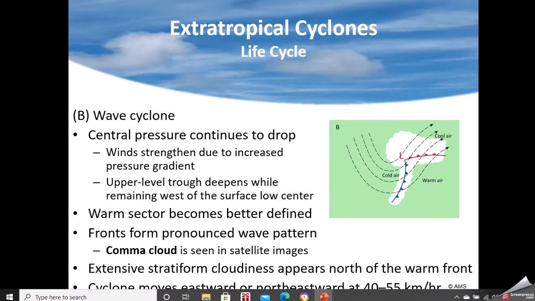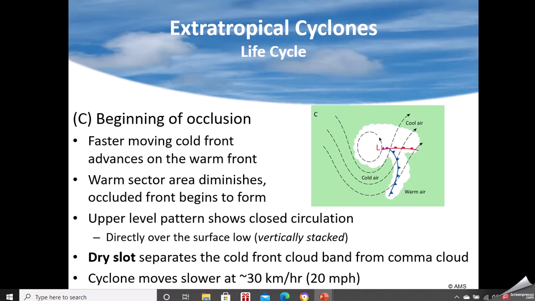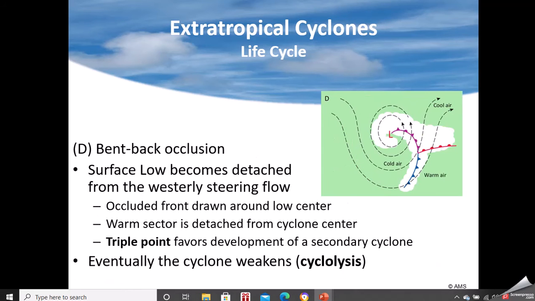As it develops, pressure begins to drop. Winds begin to blow more around it. You're pulling air into it, and you develop a comma head, literally on the satellite image. It looks like a comma head. And in really strong ones, you get the occluded front with them. Notice how the occluded front is right near the actual low pressure, and it's very close to the low pressure aloft. So the temperatures in the low, actually aloft, is more intense than the low at the surface many times. And eventually, sometimes you get a triple point out here where you have an occlusion, a warm front, cold front, and many times a neutral low may form right along that triple point and move out.